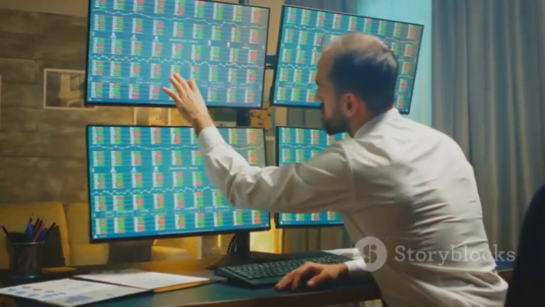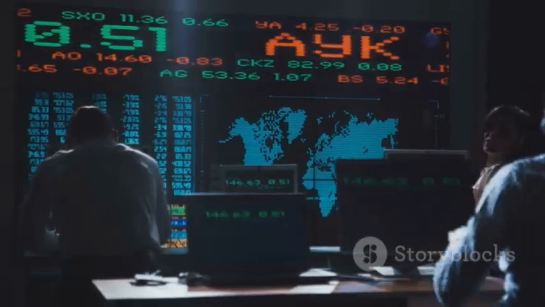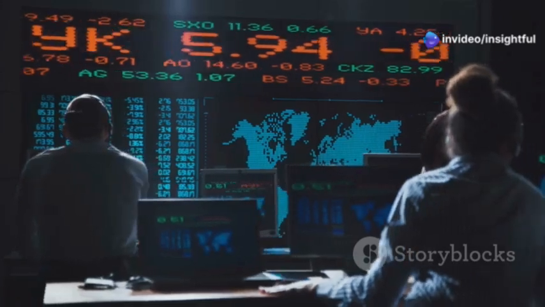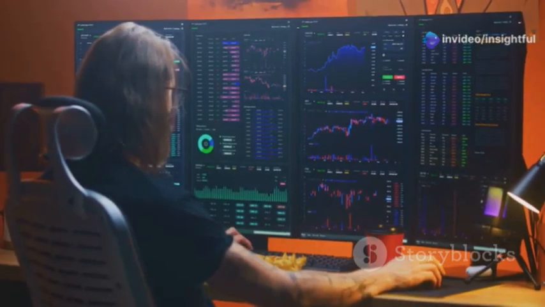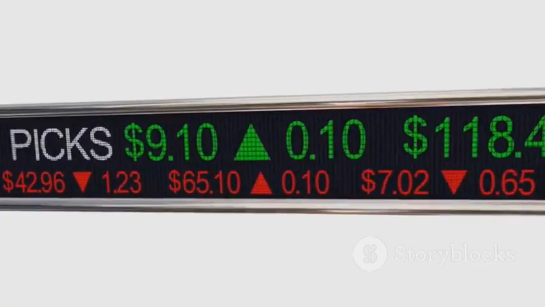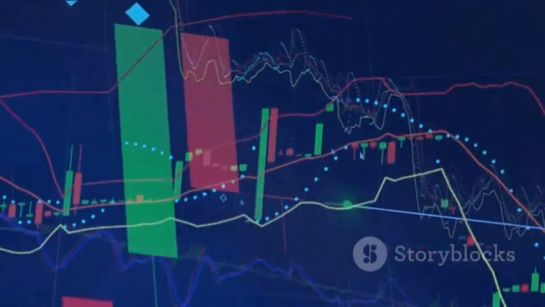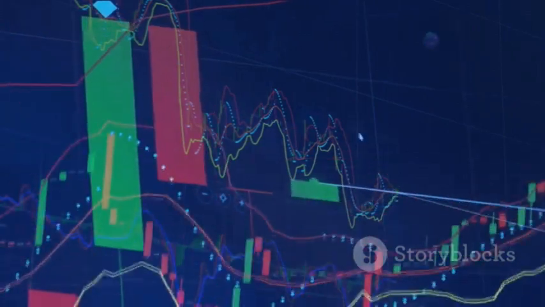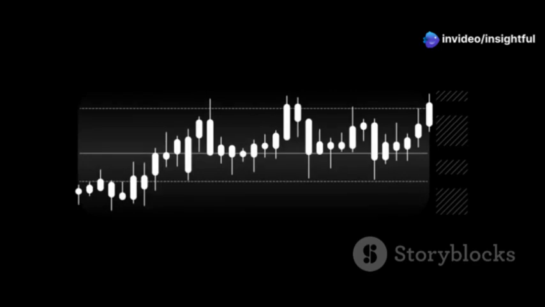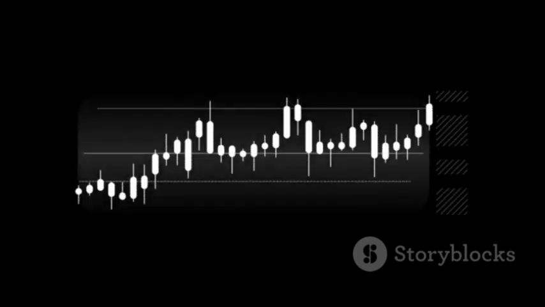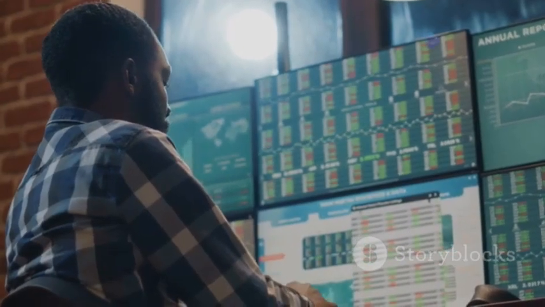Alright, let's dive into understanding the rate of change. In the world of options trading, the rate of change is crucial. It helps us gauge how the price of an option will move in relation to the underlying asset. This is often referred to as the option's delta. Delta measures the sensitivity of an option's price to a 1-unit change in the price of the underlying asset. For instance, a delta of 0.5 means the option's price will move half a unit for every 1-unit move in the underlying asset. Understanding delta is key to predicting how your options will perform.